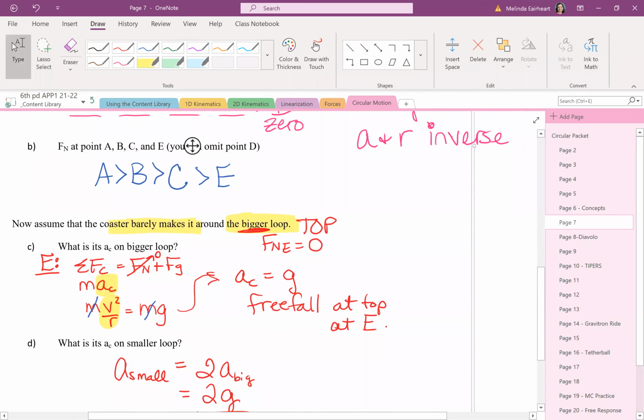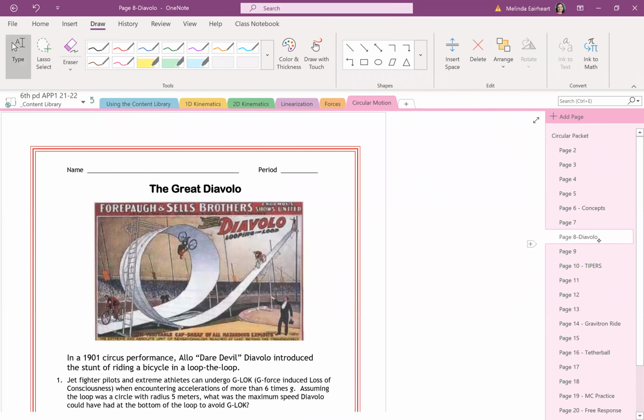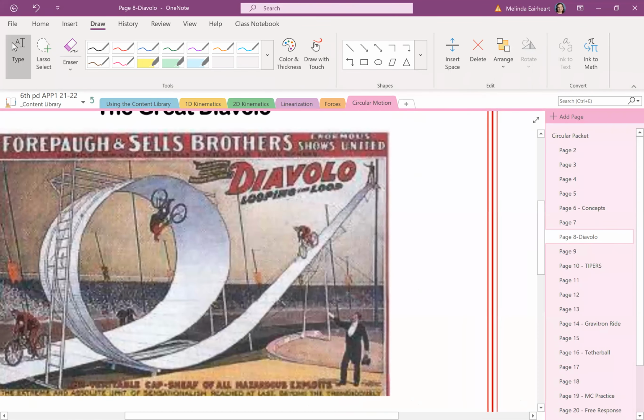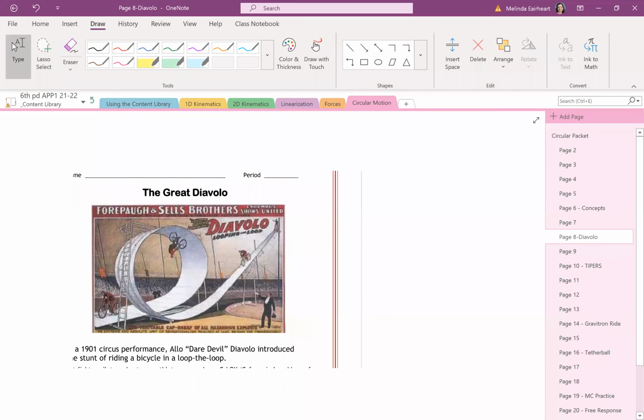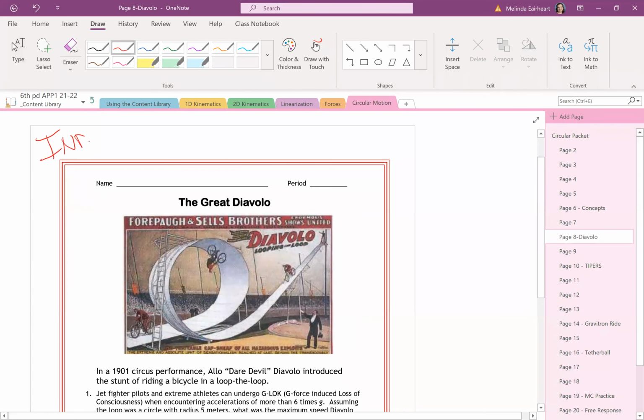Okay, let's move on. Now, Diavolo, this is from 50 years ago. That's the loop-de-loop original daredevil Diavolo, or whatever, I'm not sure. It was part of a circus performance. He rode a bicycle, and from the picture, you can see he used a ramp to gain his speed, right? No motor, okay? But go ahead and give this one as independent practice. If we have time another day, we can come back to it. But for the rest of class, I want to give time for, and we're going to skip,